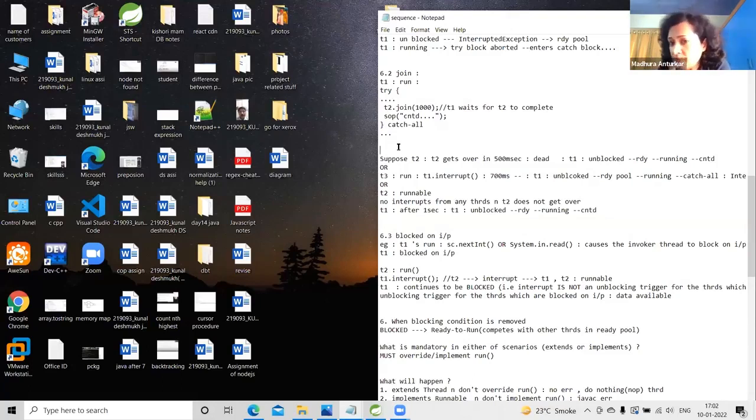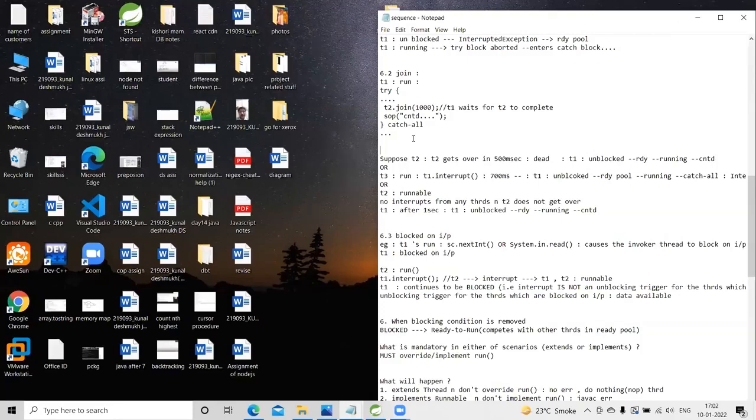Draw two parallel threads, T1 and T2. What do we have written in the T1 method? Some business logic, and then T2.join(1000). What does that mean? Who is going to wait for whom? For a maximum of which time? T1 will wait for T2 for 1000 milliseconds. That means T1 is at the most going to wait for T2 for one second.